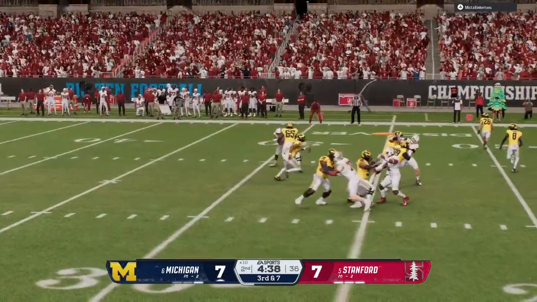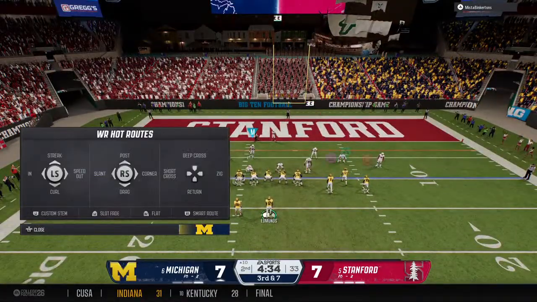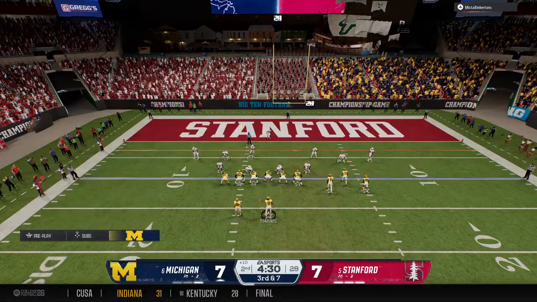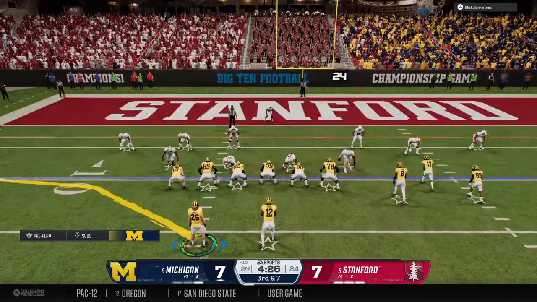Boy, it's 2nd down and forever. You know they're going to throw the ball. They want to throw the ball, but to the credit of the defense, there's just nothing open. How about this quarterback? Instead of throwing the ball away, he picks up some big yards. They get a real shot here now on 3rd down.